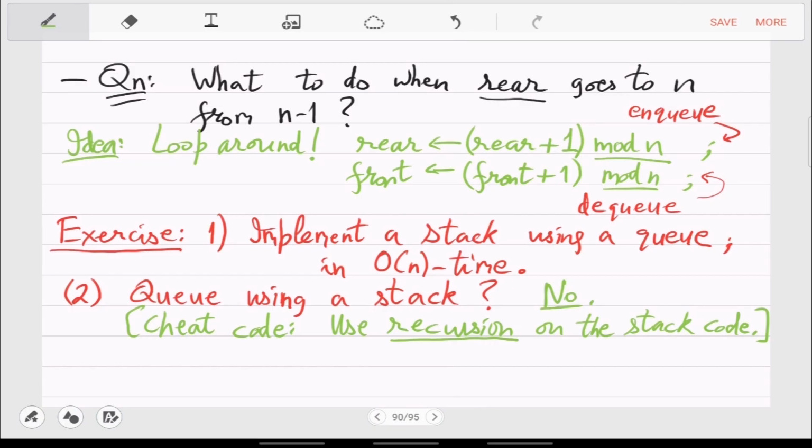So you should see this also as an exercise. Third, which can be done, is to implement a queue using two stacks.